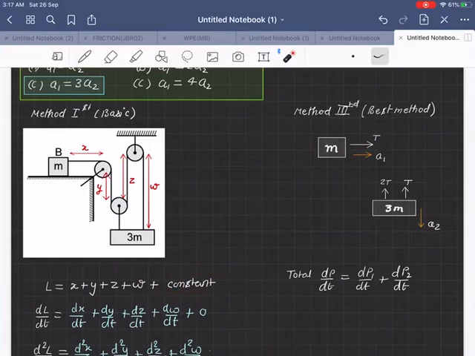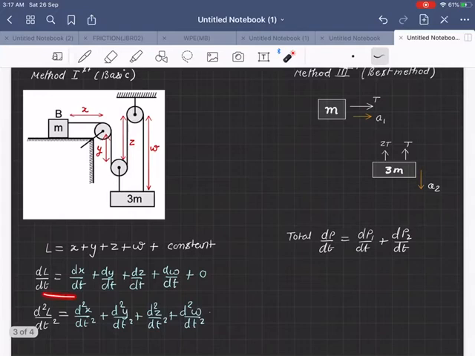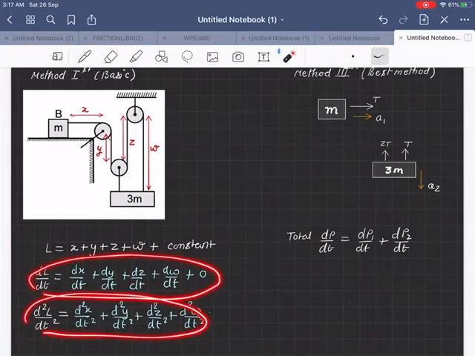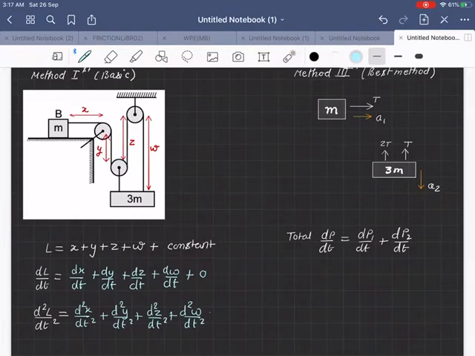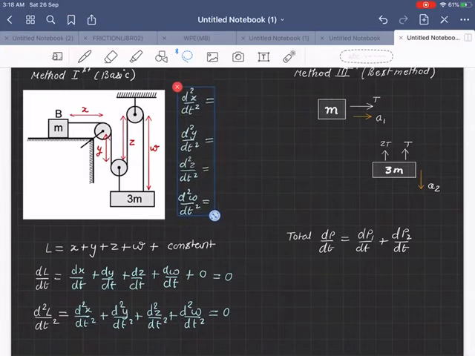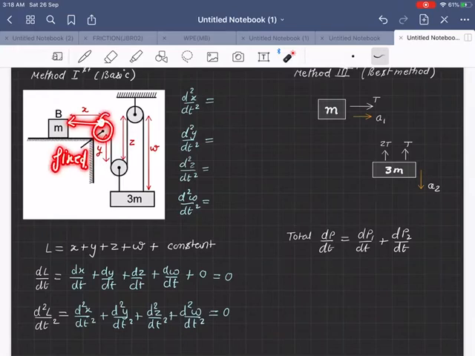Now like I said before, you have to differentiate twice, which I already did. First time differentiation, then second time differentiation, and here the length never changes, so it is 0, and this is also going to be 0. Now we have to figure out what d square x by dt square and d square y by dt square are, and that can be done in the same way. First take length x. Now for length x, this point is fixed on the pulley, so this point is not going to move. Now the other point is going to move because the block is moving with an acceleration